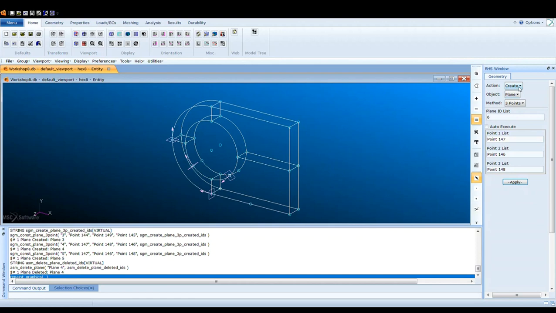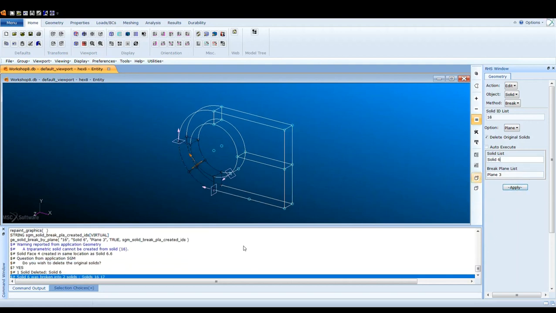Now we get to edit, solid break. Same thing we did on the other ones. So we select this solid, we select this plane, apply, yes, and there you go. We have now 2 solids. Do the same thing with the other one,